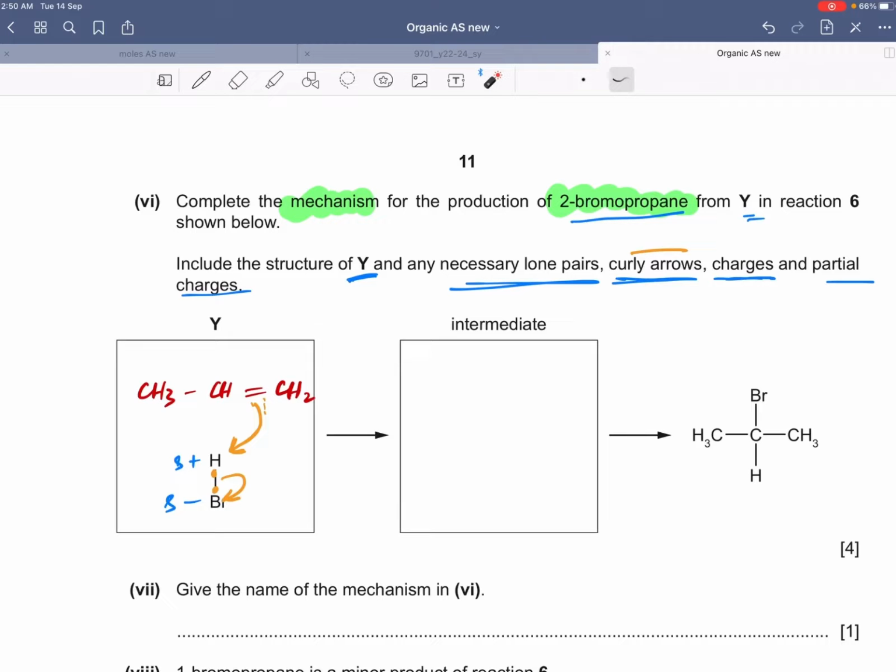But what happens is, you must know this thing, that hydrogen will always move to that carbon which has more hydrogens attached to it, the Markovnikov rule, right? And we know the reason for this as well, but right now we are just doing the mechanism. So we will draw the more favorable product. So the more favorable product is that hydrogen will be attached to the carbon which has more hydrogens attached to it. So this has two hydrogens, this has one hydrogen, so hydrogen will move to this carbon.